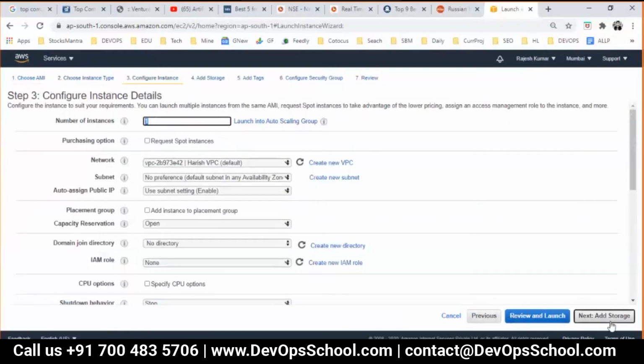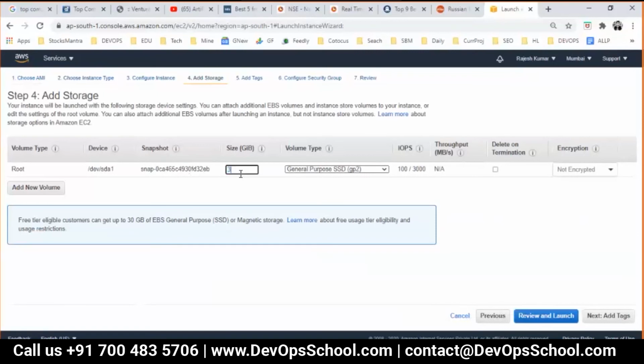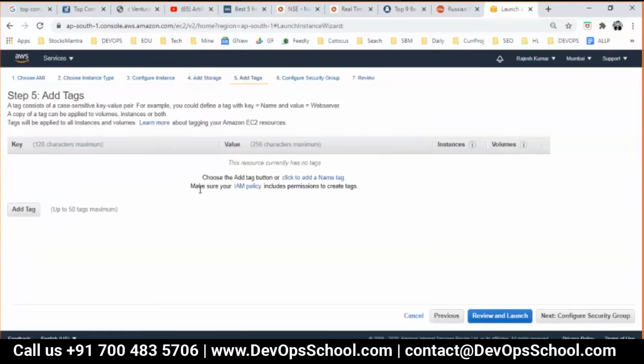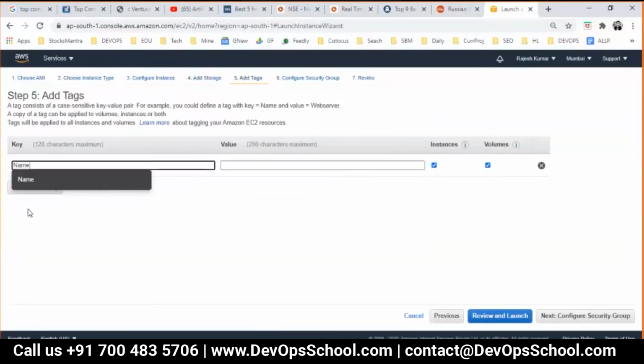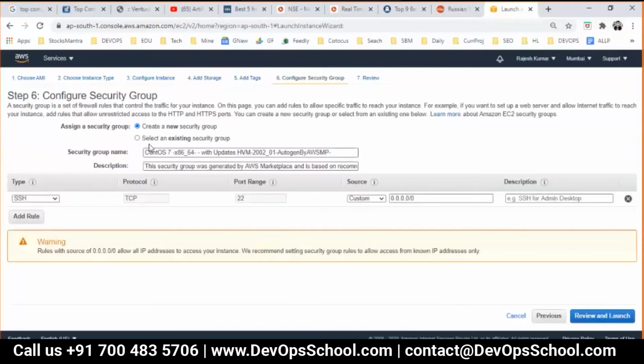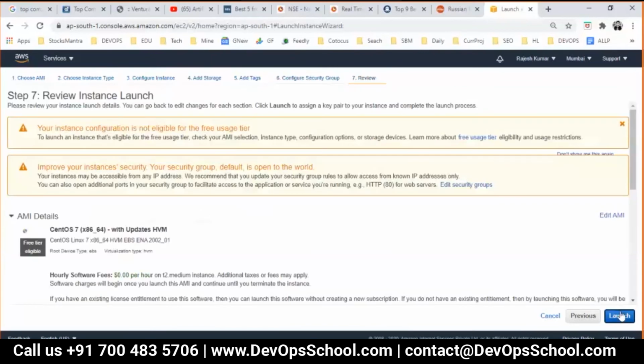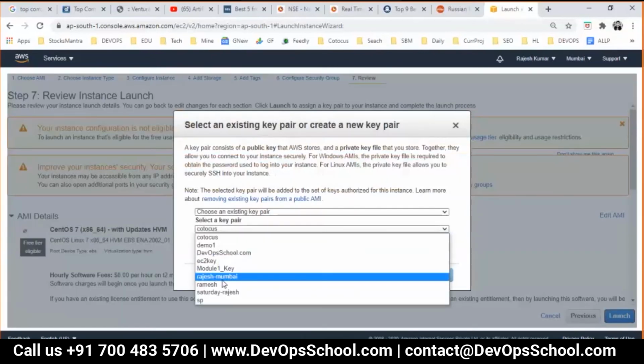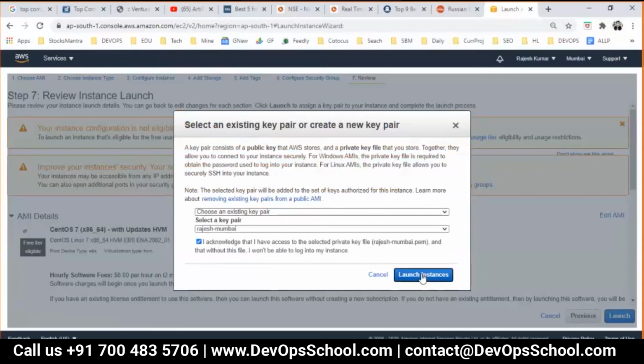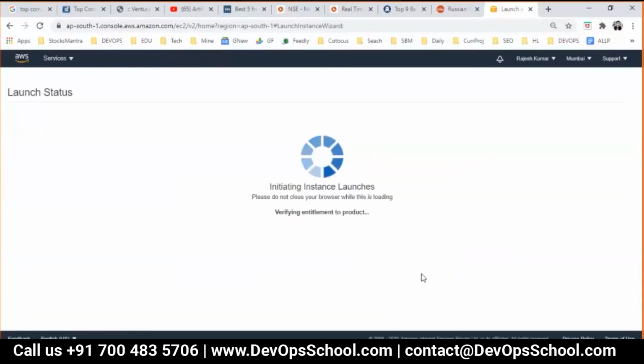Continue. CPU, I'll go for 4 GB RAM. Here it is. One machine is okay for it. 30 GB hard disk is more than sufficient for the demo environment. Here, I'm going to make this the master plus workstation.